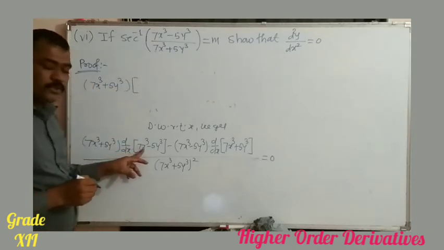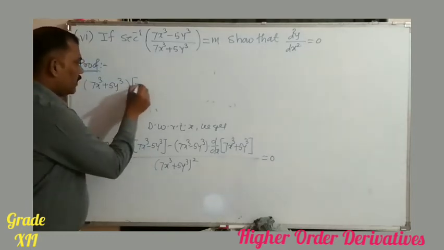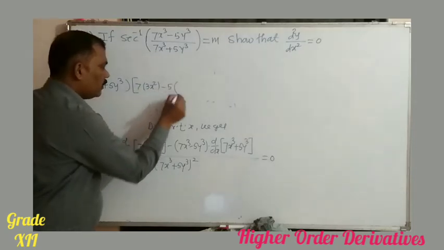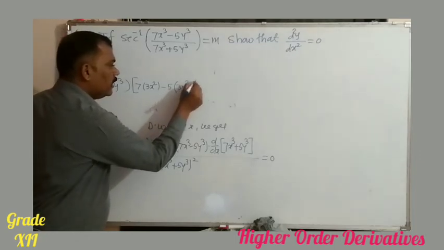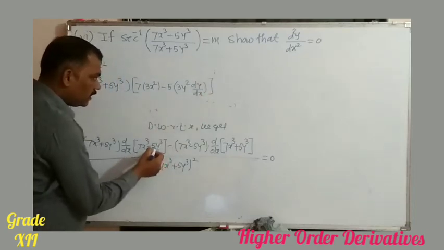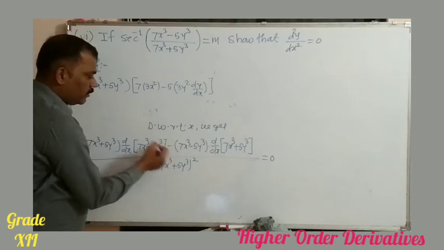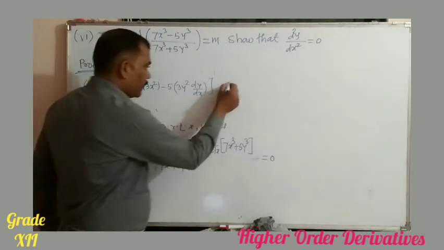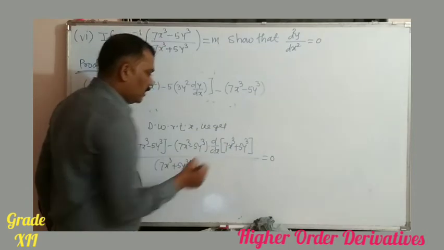What is the derivative of x³? The derivative of x³ is nothing but 3x², so we can write 7 into 3x² minus 5 into, what is the derivative of y³? It is nothing but 3 times y² into dy/dx. First we use the power function: take the power as it is, subtract 1 from the power, then take the derivative of y with respect to x. Minus (7x³ − 5y³)